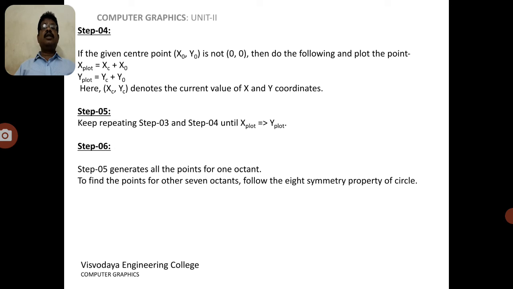As for how many steps are defined in the circle, when the x plot value is approximately equal to the y plot value, we can stop the procedure. Finally, we focus on the points related to the quadrant values, and a quadrant is divided into octants, so a total of 8 octants are defined. When we find the elements of only one octant, the remaining elements are defined in parallel. So this is the algorithm.